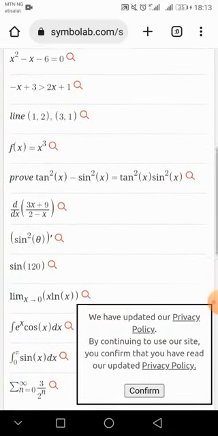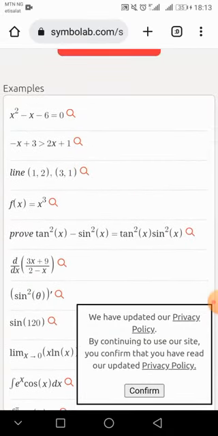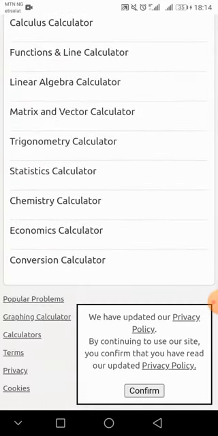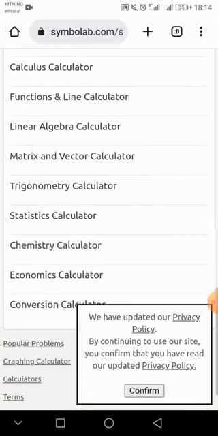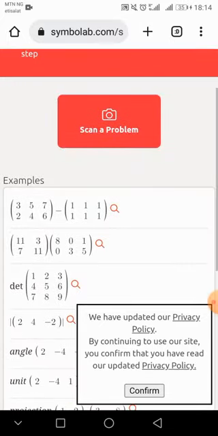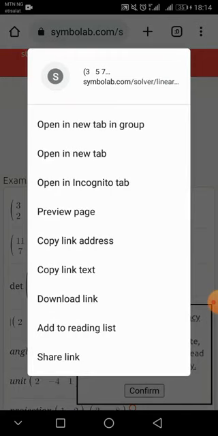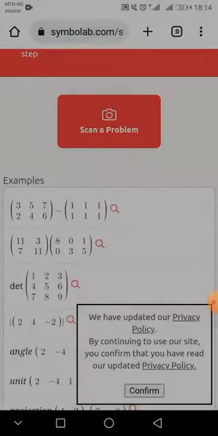Let's leave that, it's not copying the question. Let's go for linear. We are looking for a question that you can solve. There are some questions here. Copy the text.